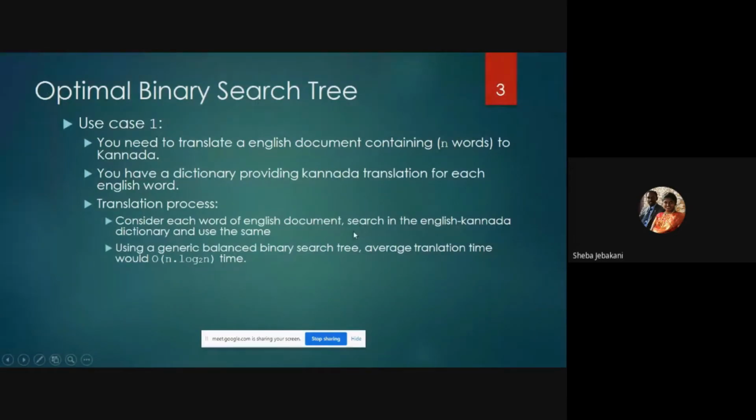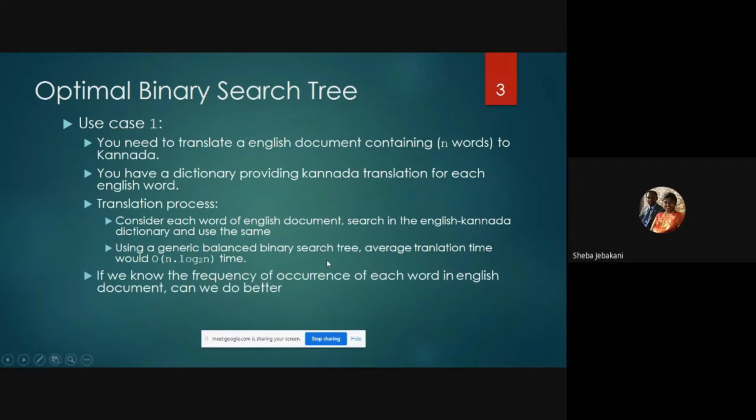So in that case, what we find is if you have n words, you have to search your dictionary n number of times, and each time you have to go till that particular location of that particular word and try to get the value. So it takes a very long time when you're trying to do directly. Basically the translation time that will take will be n into log n, so n log n.